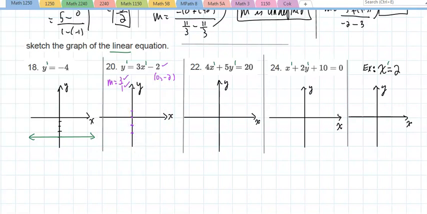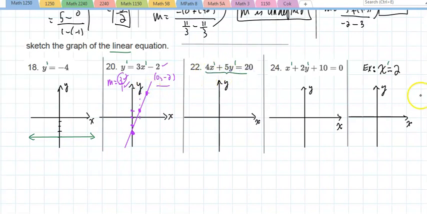So now if I look at this, okay, the first point was 0, negative 2. I'm going to rise 3 units, 1, 2, 3 units, and I'm going to run 1 unit. And if I connect those with a straight edge, guess what? Those should fit on the straight line. That's why you need to use a ruler when you're doing this. So since my grid was off, there it is. What if I am given